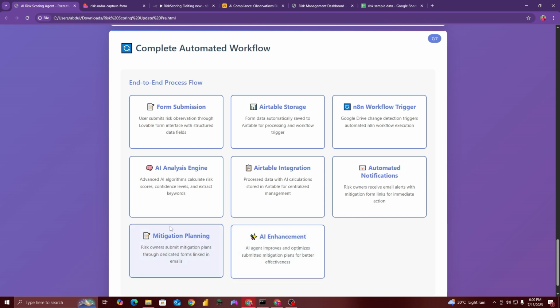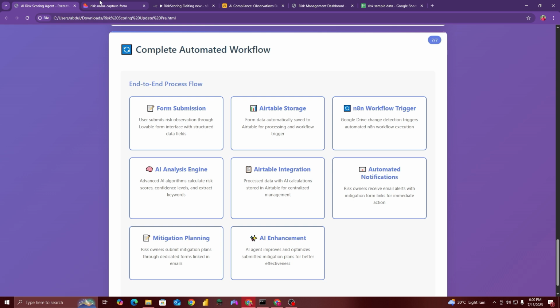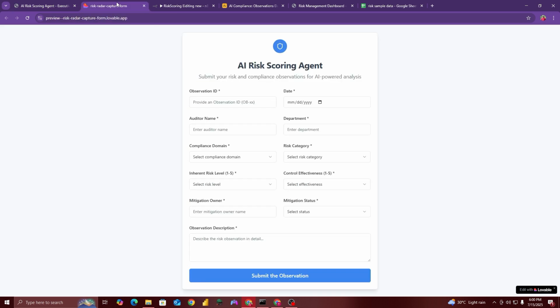It will generate an AI mitigation plan, improve the mitigation plan added by the humans, and also save all this data in the table, and this data will be used to generate a dashboard. So I will give you a quick demo.